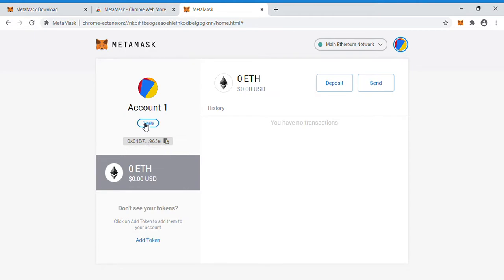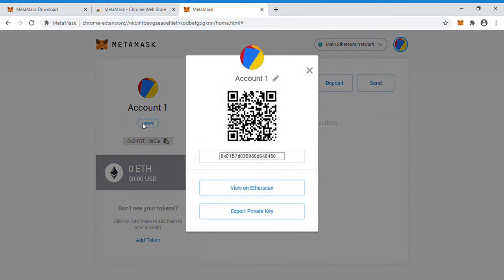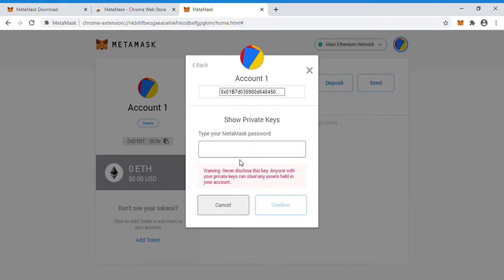Okay, and also you can see the details. This is the QR code of your account. This is the public key, and we can view the details on Etherscan. And if you want to know the private key of your wallet, click export private key.